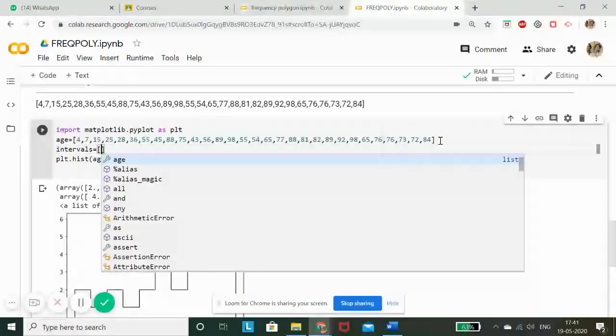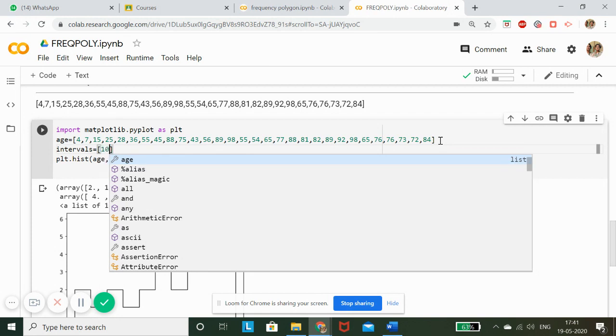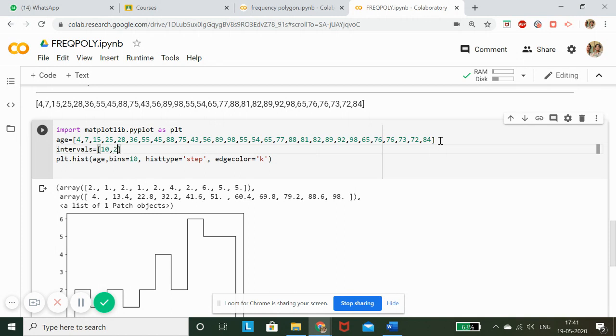And what will be the interval? Please mind it, take the standard interval of size 10 each, because it will help you in calculating the midpoints more easily and conveniently. If you are taking the interval size as something different, you will have to find some other formula or method for finding the midpoints. I have tested many different methods, and I found this method very convenient for calculating the midpoints of each interval. Now, what I have done here is I have taken an interval of 10, 20, 30, 40, 50, 60, and the gap is of 10 values over here. My first value is 4.